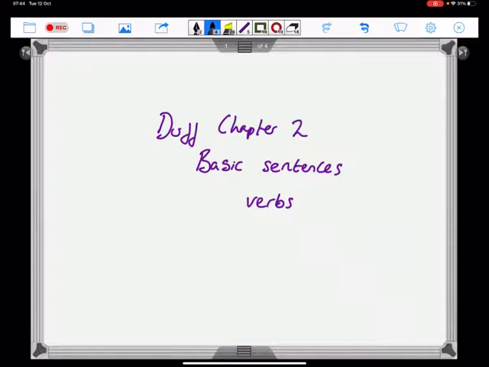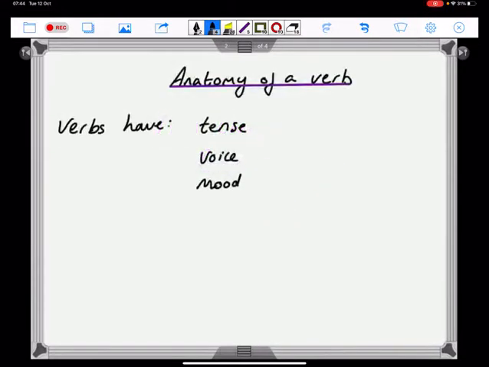Chapter 2 in Duff introduces you to the 2 units you need to make a basic sentence. He starts off with verbs and then moves on to nouns. In this video, I'm just going to deal with the verbs. Greek verbs are huge. There are over 350 parts,